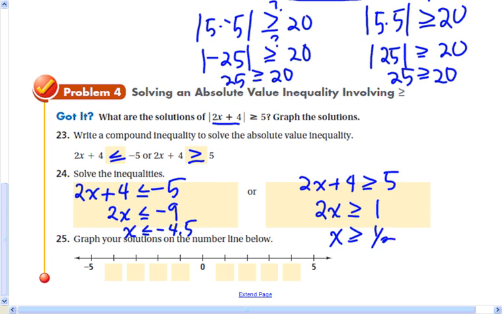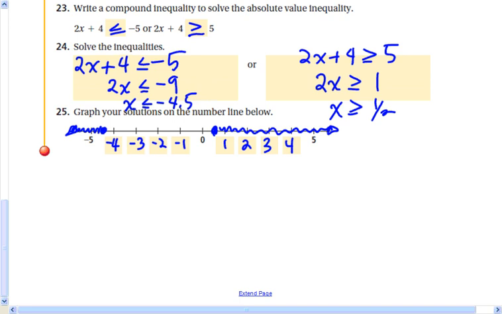So numbers, at least we think, numbers that are greater than or equal to 1/2, so that would be numbers out here. We'll solve this, and so will numbers that are less than or equal to negative 4.5, so that means numbers like this. All right, and to just check that, see if we're right, we saw a number like negative 5 in